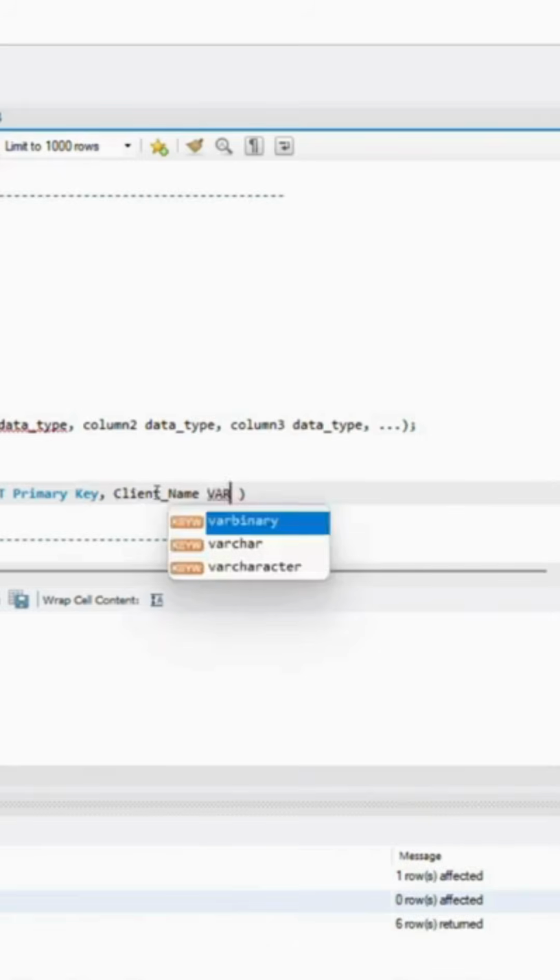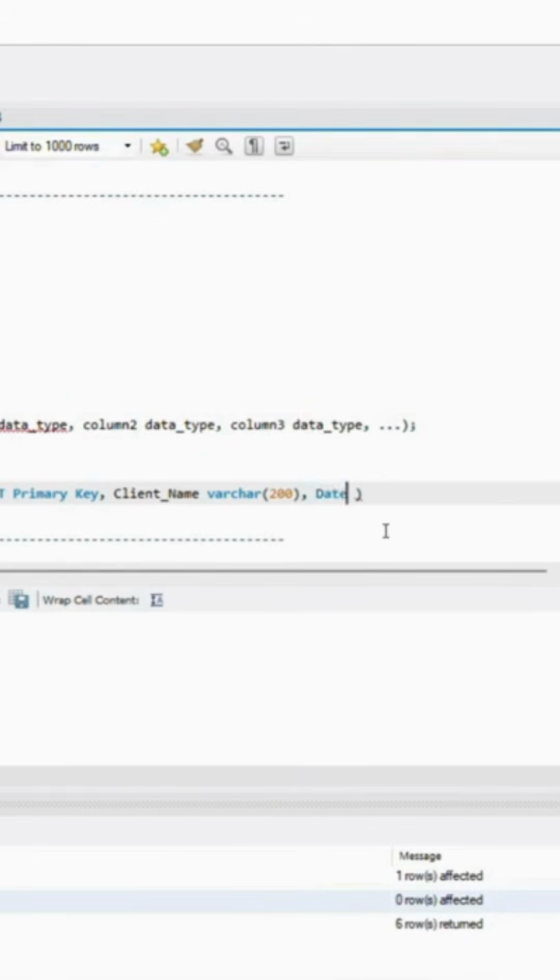For that, it could be numeric or it could be alphabet, so I will keep it as varchar, and then it could be like 200 characters length. So I'll put 200. And then I also want to add the date on which they have joined. Enrolled date is the third column name. And for this, the data type would obviously be date, because it is a date, correct?